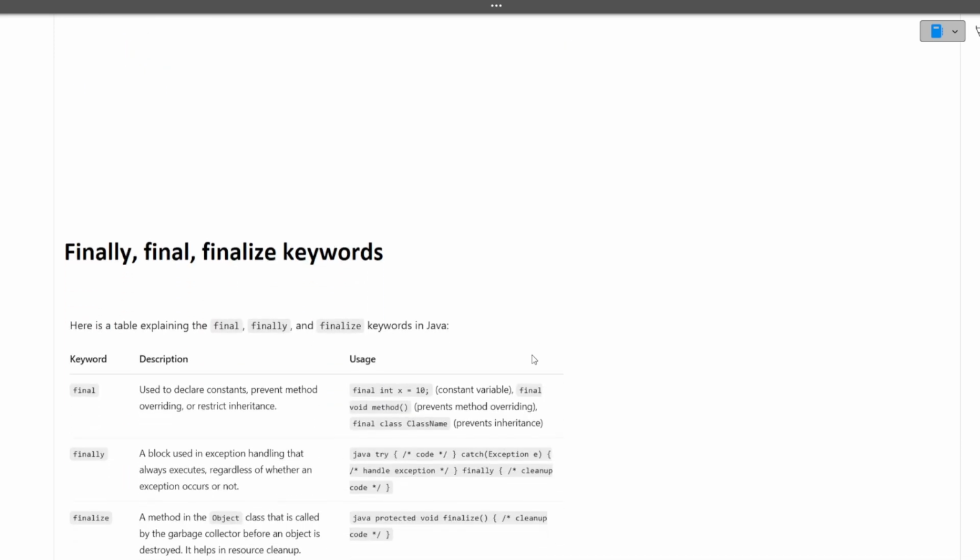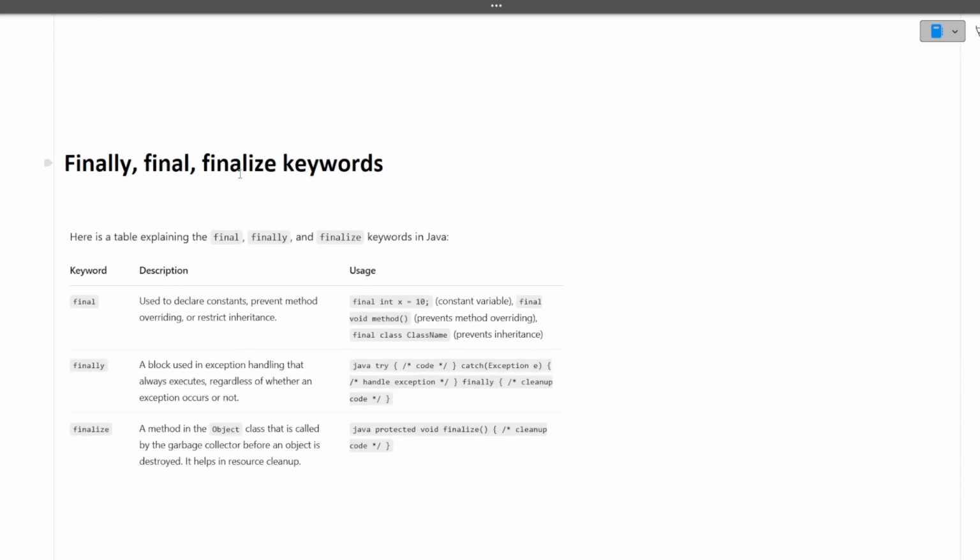Moving towards the next question: the difference between final, finally, and finalize keyword. Now, see, if you are regularly following our videos from the past two videos, this question has been repeating: final, finally, and finalize keyword difference. What is the difference? The final keyword can be used with a method, with a variable, with a class.